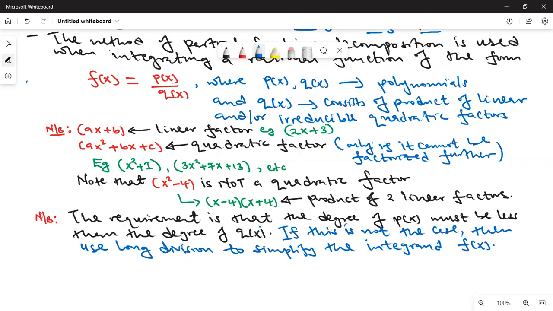Now, if everything is okay, then how are you supposed to now decompose your function? So when you talk of decomposing, we are simply expressing that function as a sum of simpler rational functions that you can easily integrate. That is what we mean by decomposing a function. So you can just write here what you mean by decomposing. To decompose f of x